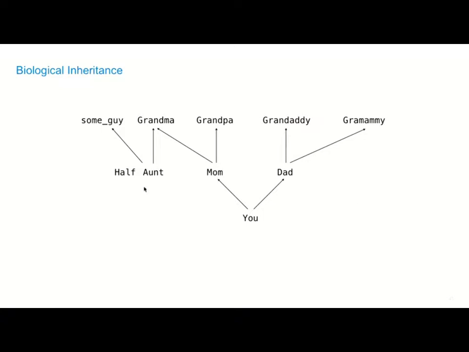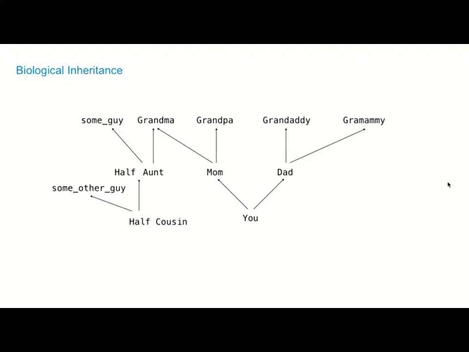So half aunt is a technical term. It describes someone who you share one grandparent with. And if your half aunt gets together with some other guy and has a kid, that's your half cousin, natural thing to have. But this picture of the tree just growing and growing, the farther back in time you go,